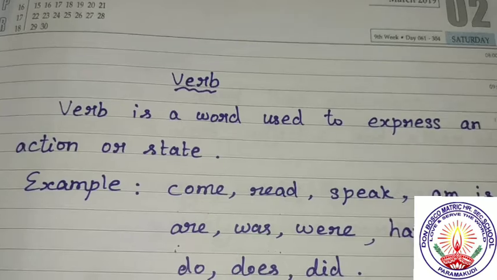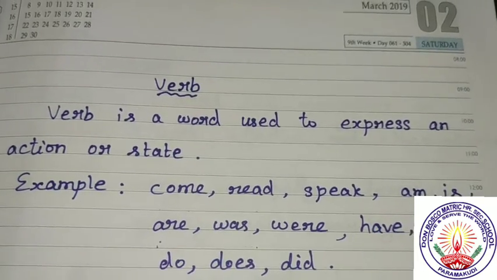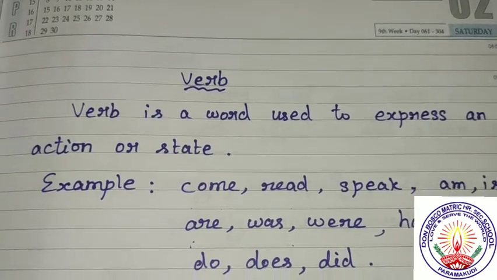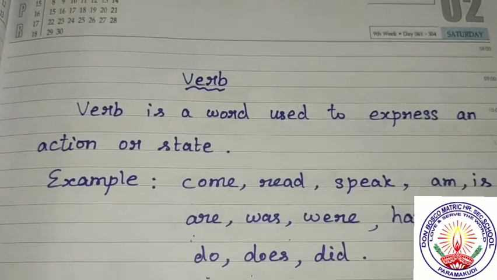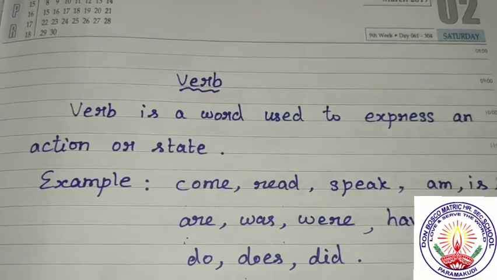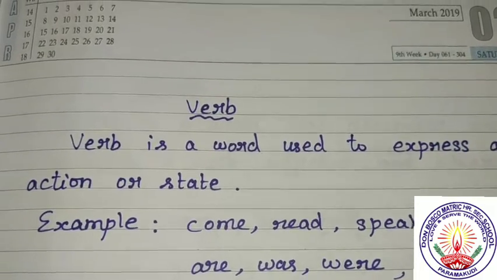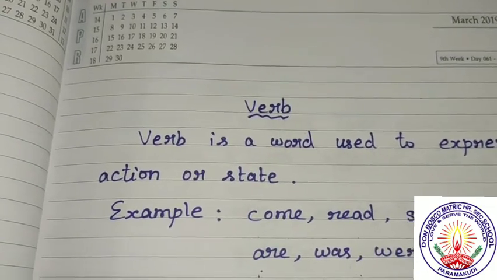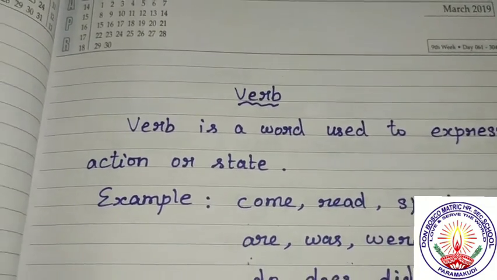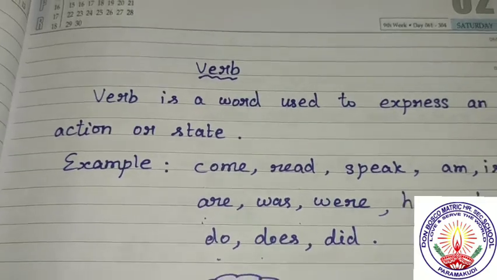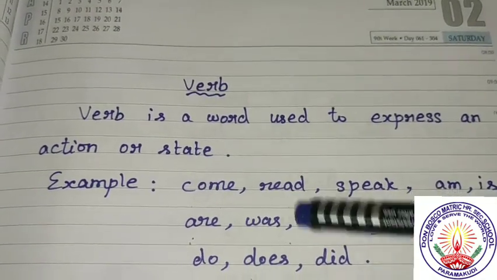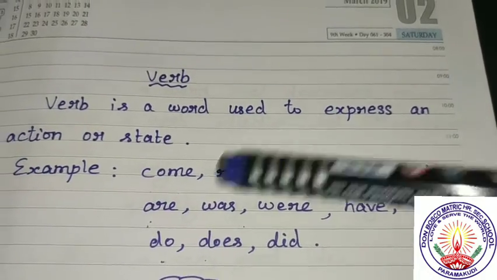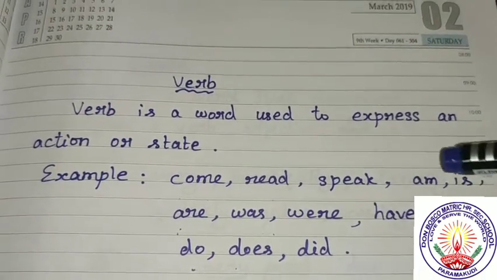So what is a verb? A verb is a word used to express an action or state. You know very well, a verb is an action word, and not only action, it denotes the state of being. What is state? That is the situation: in what situation the subject is. For example, some examples of verbs: come, read, speak, am, is, are, was, were, have,